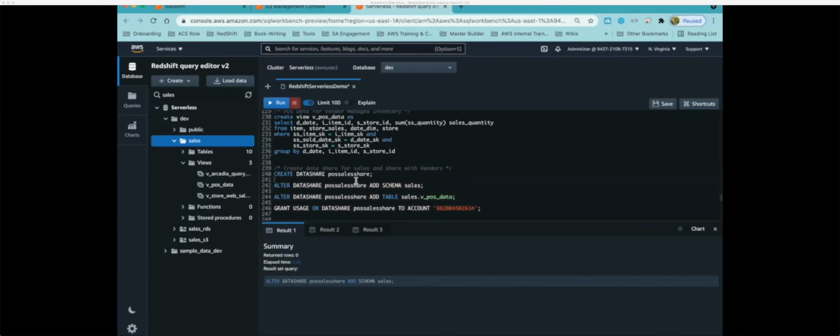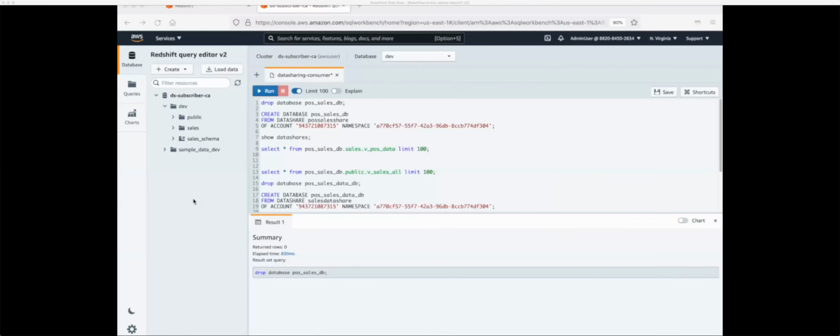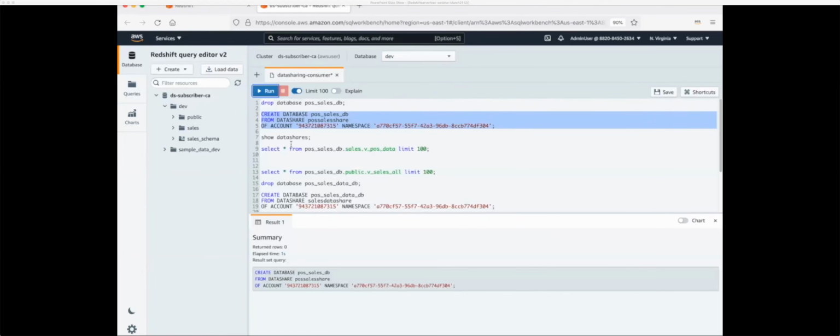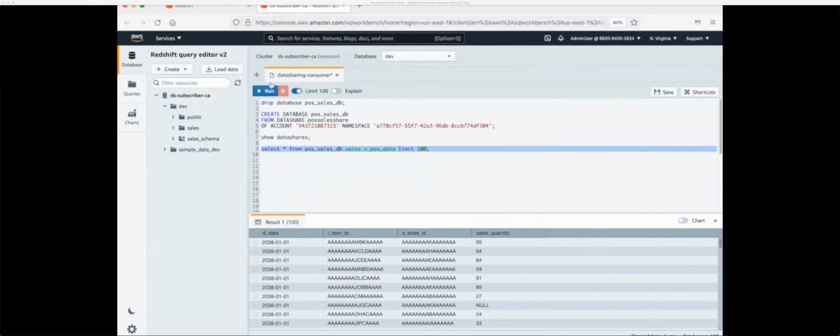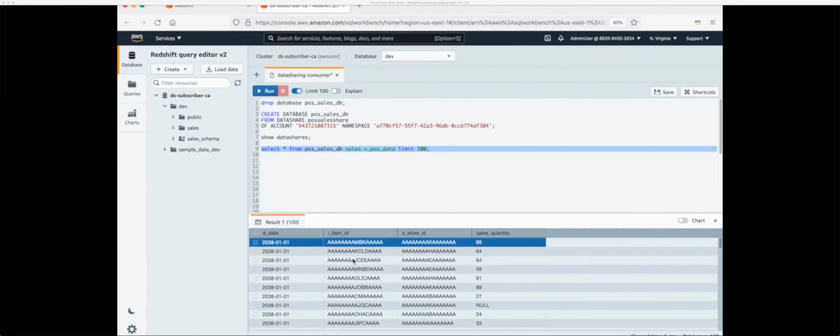So create a data share, I add the specific view that I want to share with them, and I specify the account of the vendor to whom I want to share. So Redshift cross-account data sharing allows me to do that. And on the vendor side, now I'm logging in as a vendor here. I can come in, I can create a database from the data share that I have provided. And this vendor basically can simply just as if the data is local, they're able to do directly queries on the live transactionally consistent data.